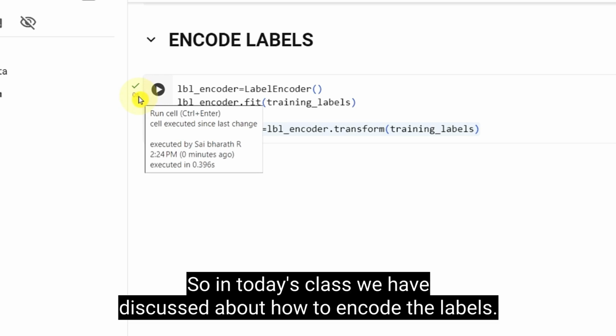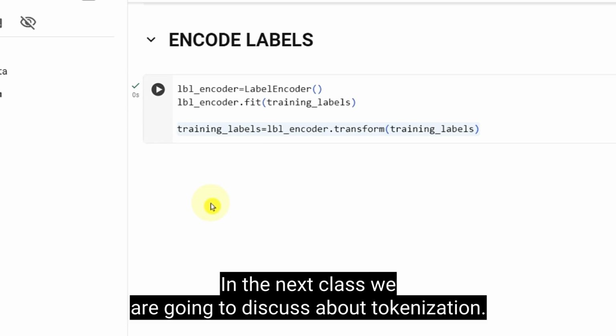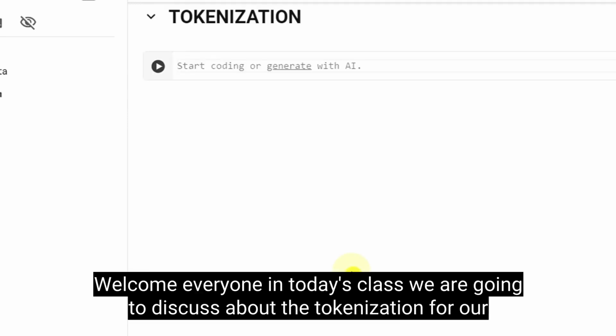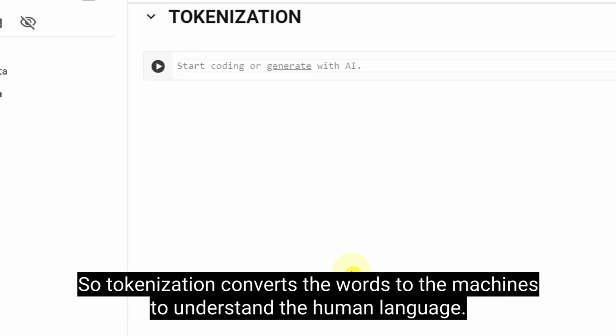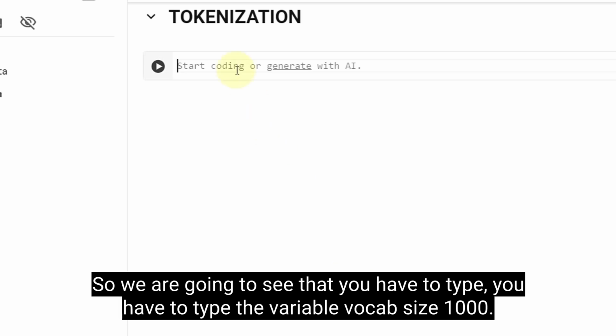So in today's class, we discussed how to encode the labels. In the next class, we are going to discuss tokenization. Welcome everyone. In today's class, we are going to discuss the tokenization for our project. So tokenization converts the words so that machines can understand human language. It converts the sentences into words in an understandable machine language. So we are going to see how to type